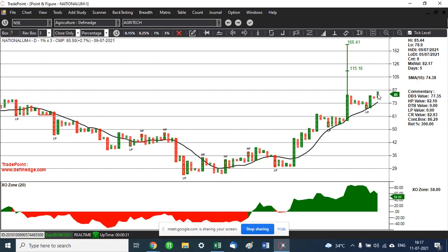That depends on your risk appetite and your position sizing as to how low you want to keep your stop loss. Generally, a double bottom sell value is advisable because by that time the stock would have turned weak if at all it has taken out the double bottom sell value. But if you want to play for a big trade, then you might also consider keeping it as a moving average value. That is your call, and the target would be 115. So we are getting a comfortable risk reward trade here where the reward is significantly greater than the risk that we are taking on the trade. This is what a bullish ABC breakout looks like.